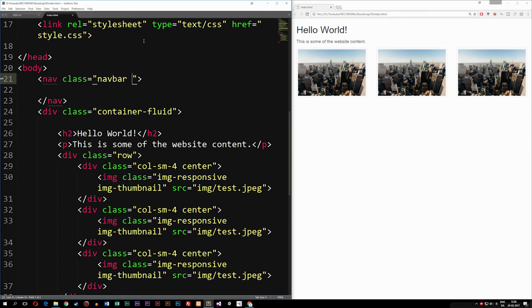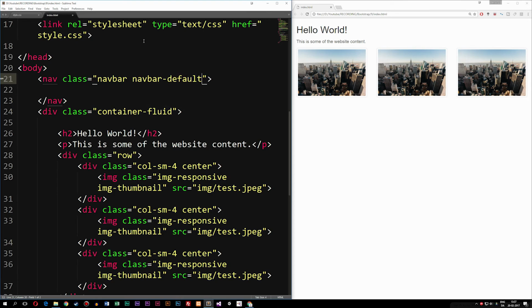And we need to tell it which type of navbar we want to have inside our website. Now we have two types. We have the default one, and then we have one called inverse. And all this does is change the color of the actual navigation. Now, if you're the type of person who says, well, I don't like any of the colors that Bootstrap offers me inside the website, don't worry. You can actually go into the styling of the website and change the color yourself. So I'm just going to stick with the default one called